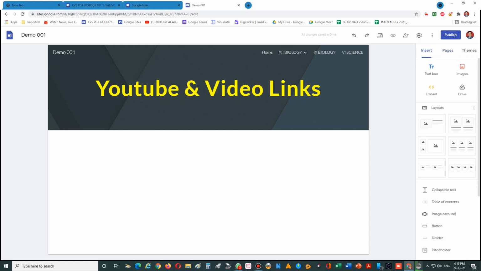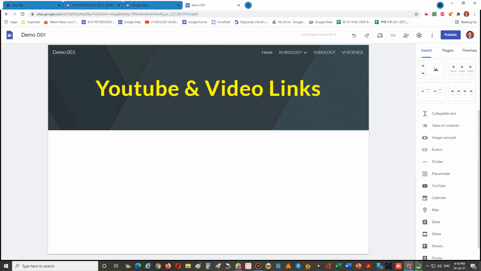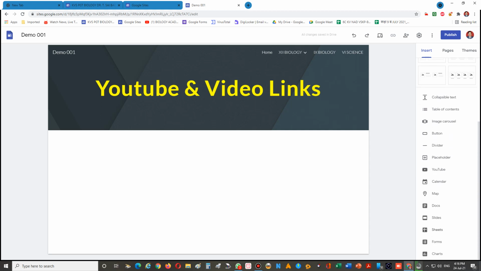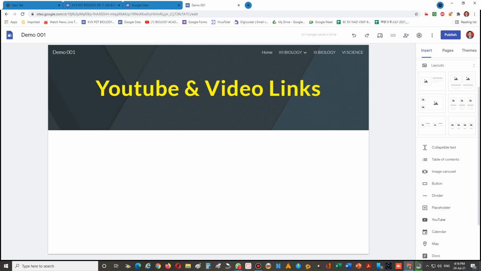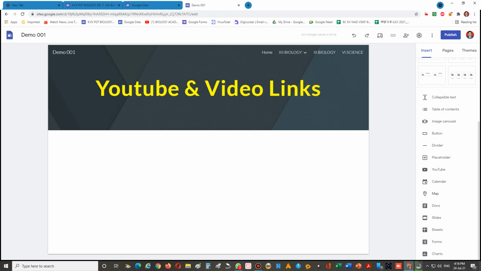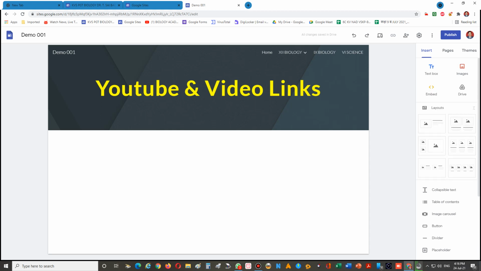There are different layouts, you can see which layout is useful for you. In that layout you can insert it, and you can see more options also, like button, divider, placeholder, YouTube, calendar, and others such as sheets, Google Forms, charts, Google Documents, map, everything you can put here.